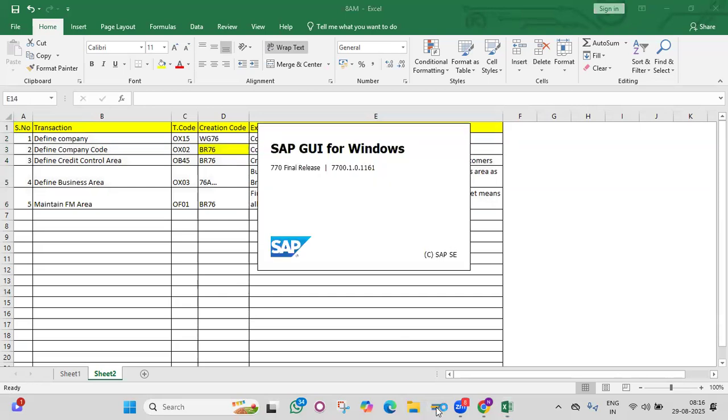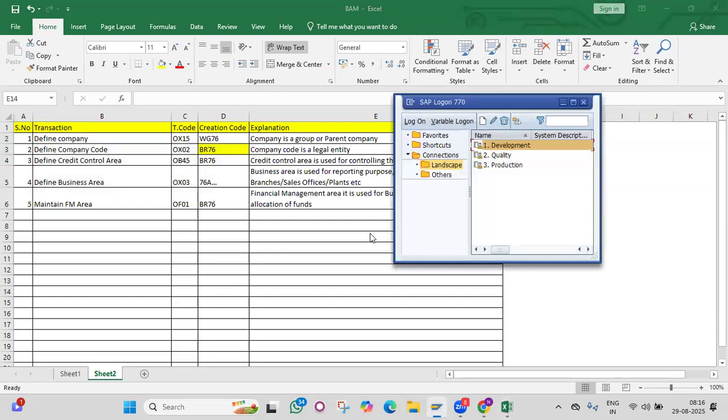This is the SAP screen. Whatever I want to do in SAP, I have to log into our SAP system. You'll be getting the system, how to log in, what the server is, everything in your drive. You can just download it, and I have clearly explained how to download, how to install, how to open your SAP, and once you open it, what the basic settings are. Now go to ECC,